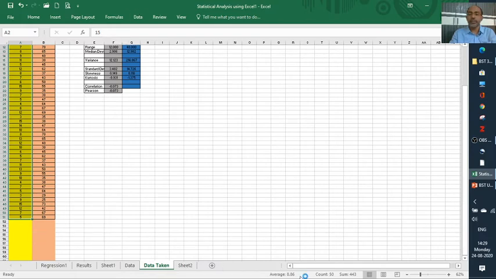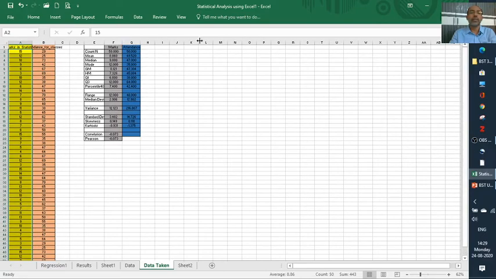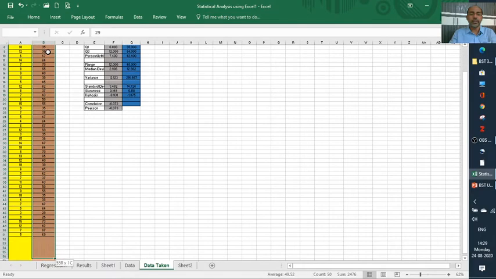Then B1 is given the name attendance for the classes, hence B2 to B51 is for the variable called attendance. We'll do one calculation.